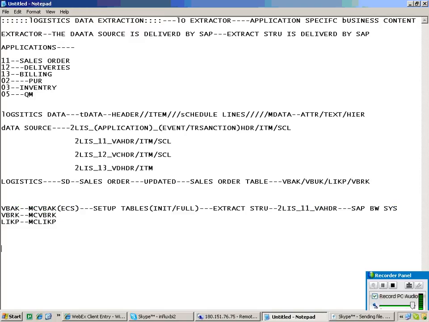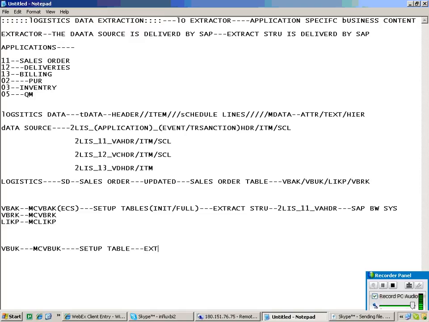Let me repeat once. Data is getting updated to the standard table. From the standard table, using ECS. What is the ECS naming convention? MC, VB, UK. Where we are filling this data, we are filling to setup tables, and we use the setup table only if it is full or installation.